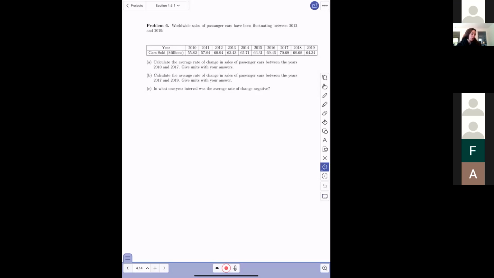Worldwide sales of passenger cars have been fluctuating between 2012 and 2019. So we're asked to find the rate of change between a couple different years. Calculate the average rate of change in sales of passenger cars between the years 2010 and 2017. So 2010 is here, 2017 is here. So these are our points, right? We'll call this one A and this one B. So F of 2017 minus F of 2010 all over